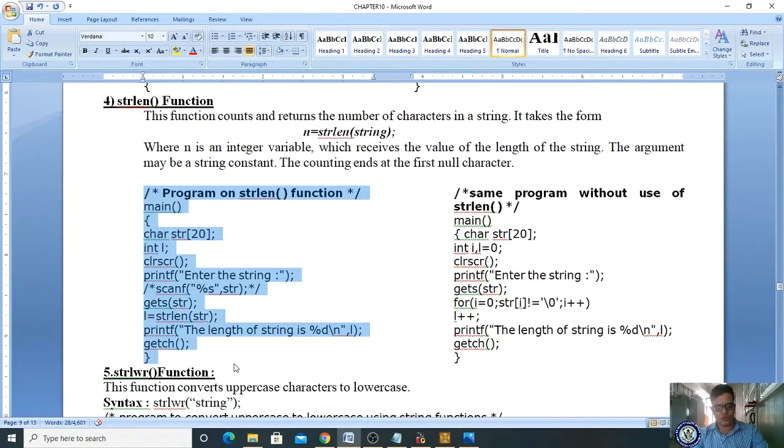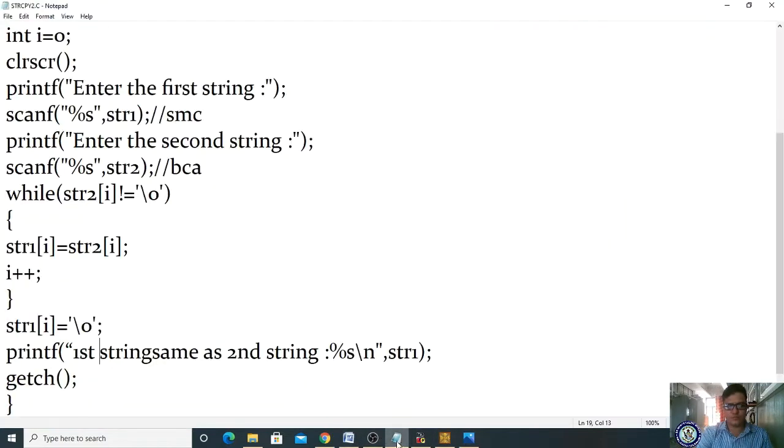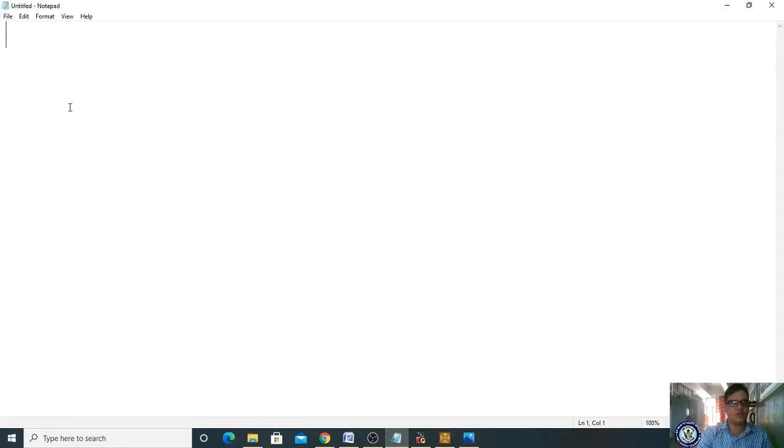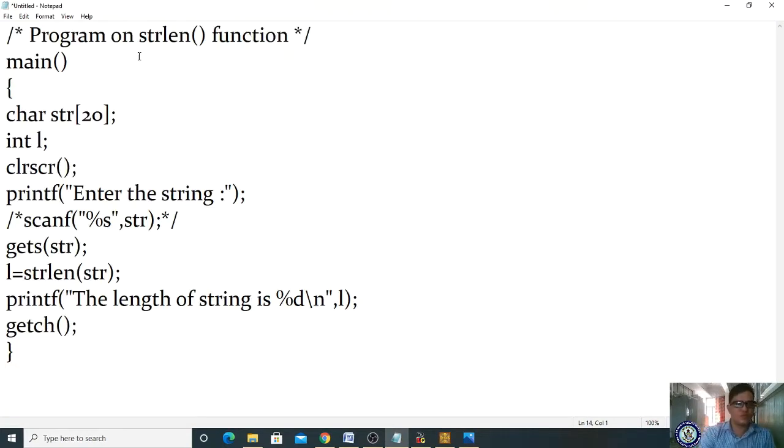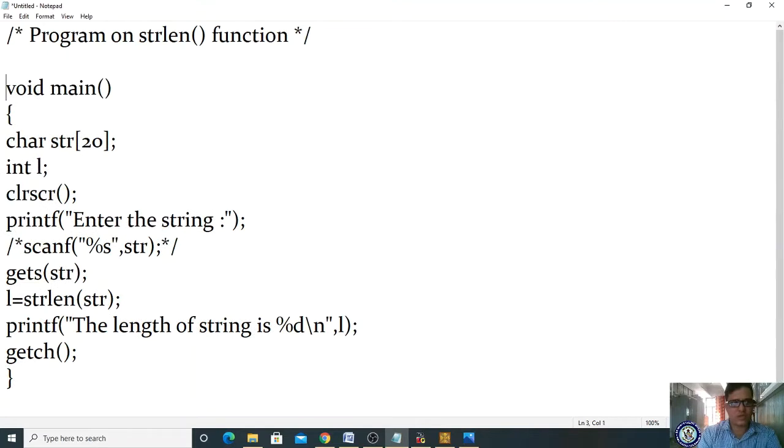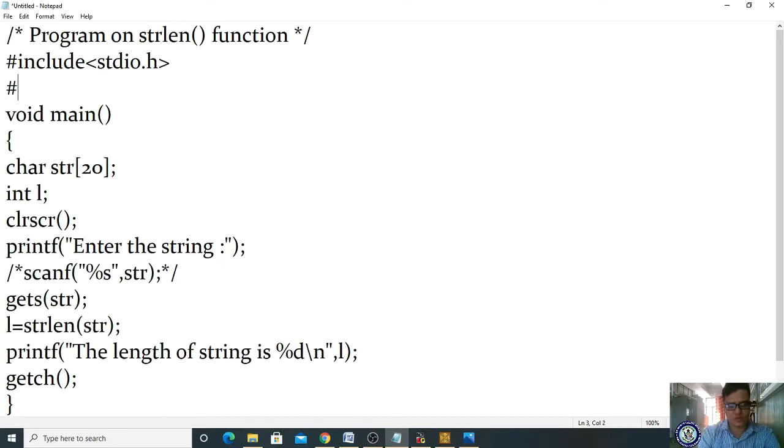This program uses the built-in function. By using this built-in function, how are we calculating the number of characters present in our string?